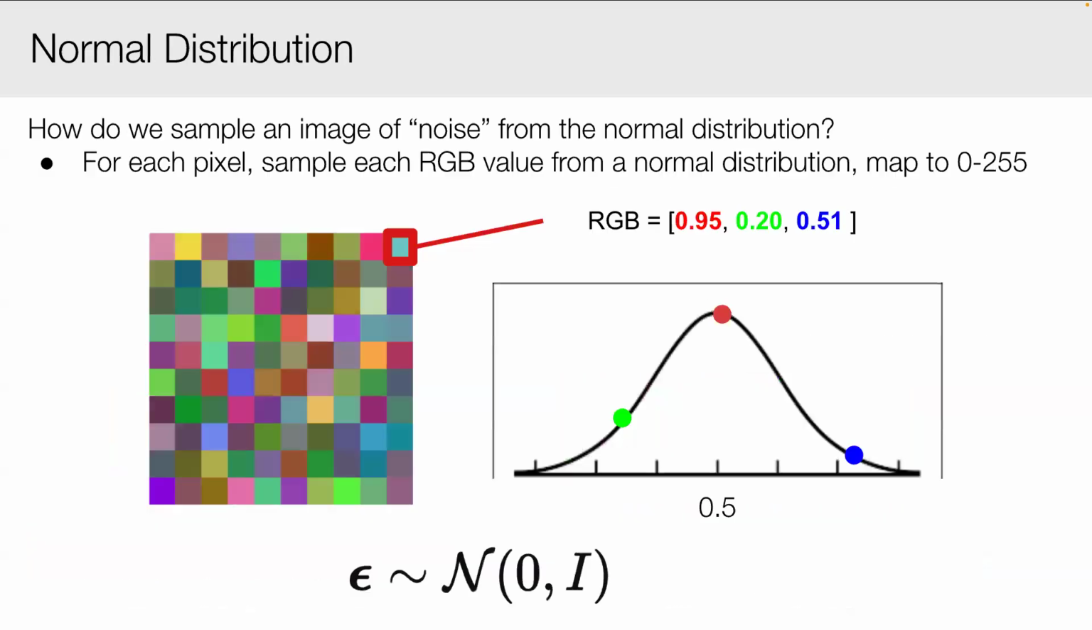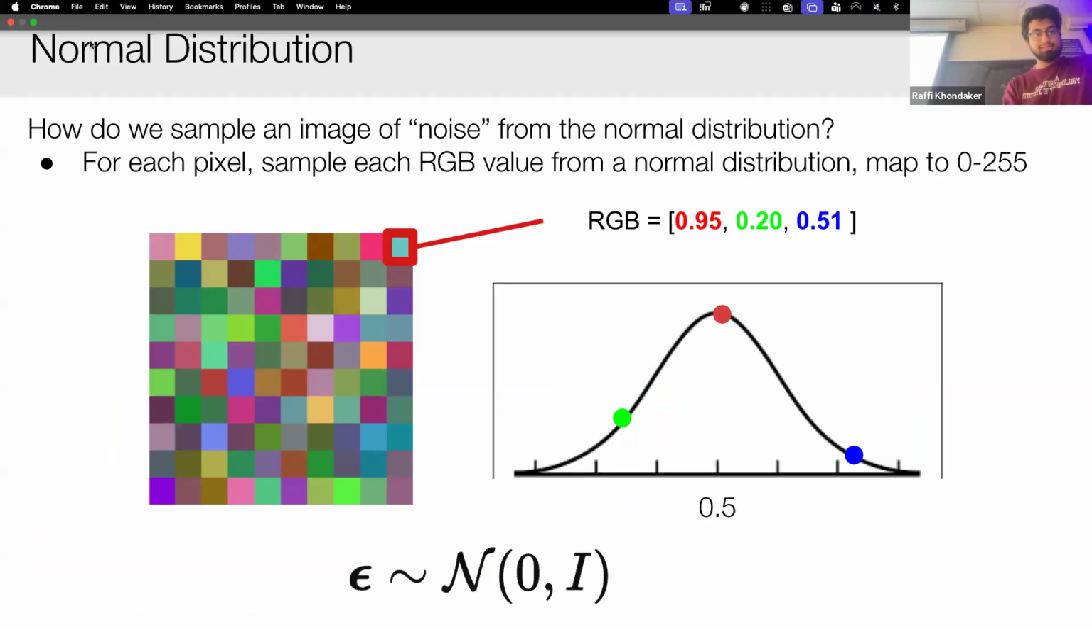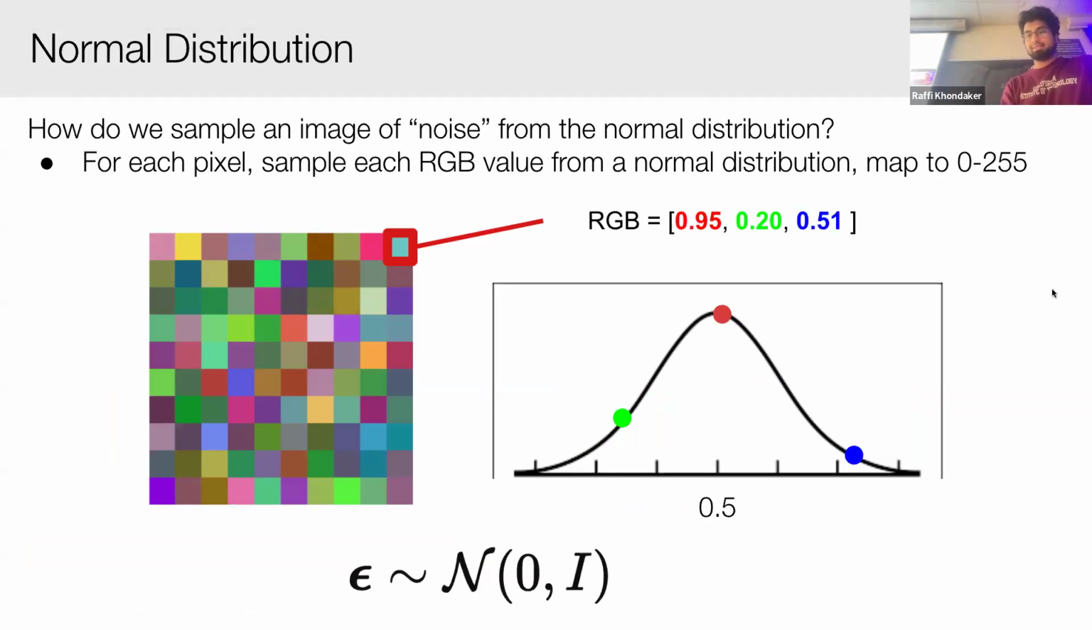Okay, so before we talk about how this mechanism actually works, you guys need a little bit of background just to understand the operations. So what does it mean to sample noise from a normal distribution? I said this briefly, but essentially what we're doing is